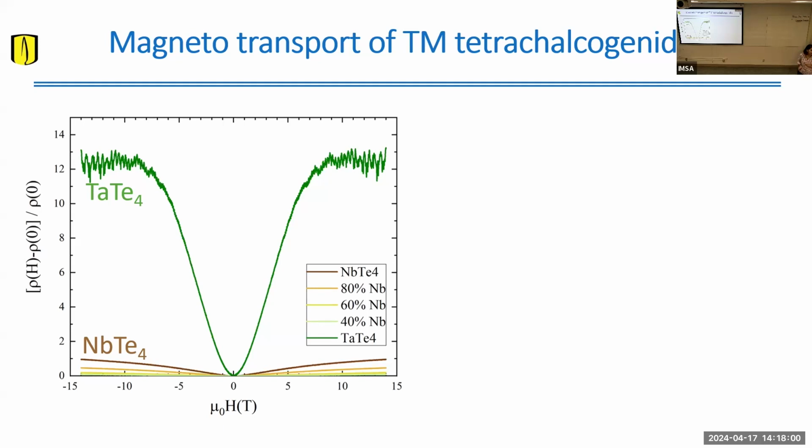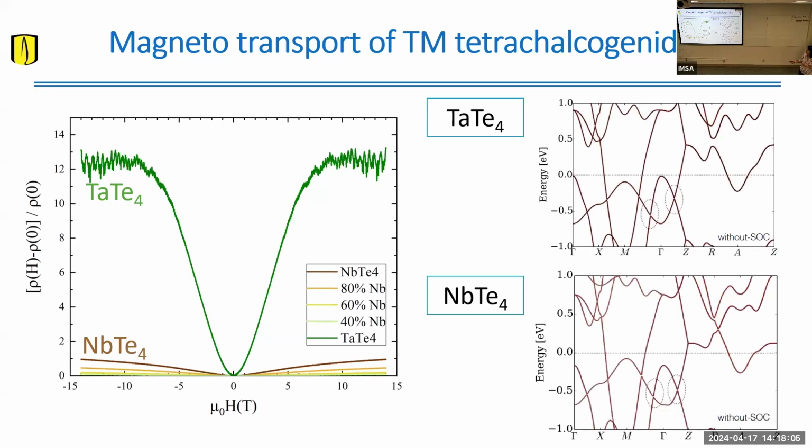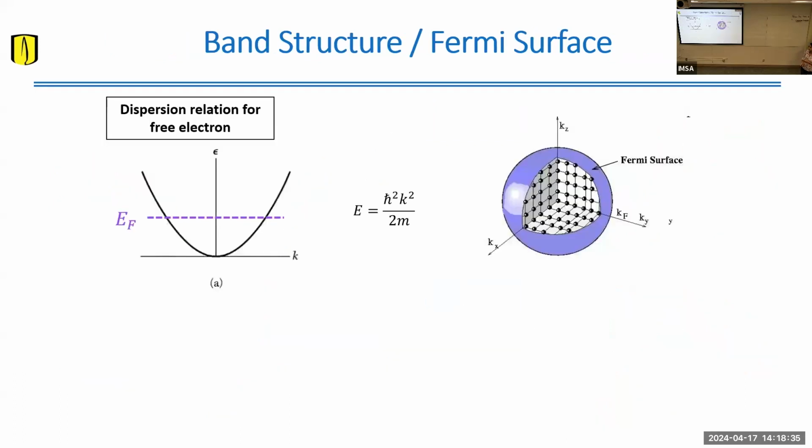I'm going to show you how we did this, and I'm going to show you some ARPES measurements for that compound. Okay, so tantalum tellurium-4 and niobium tellurium-4 have very similar electronic structure as calculated from DFT with my collaborators. They have a pair of Dirac points across the gamma-M and gamma-Z direction of the Brillouin zone for both of them. But they have very different transport properties. So just to highlight the fact that these complicated details can create strong differences in the scattering of these two systems.